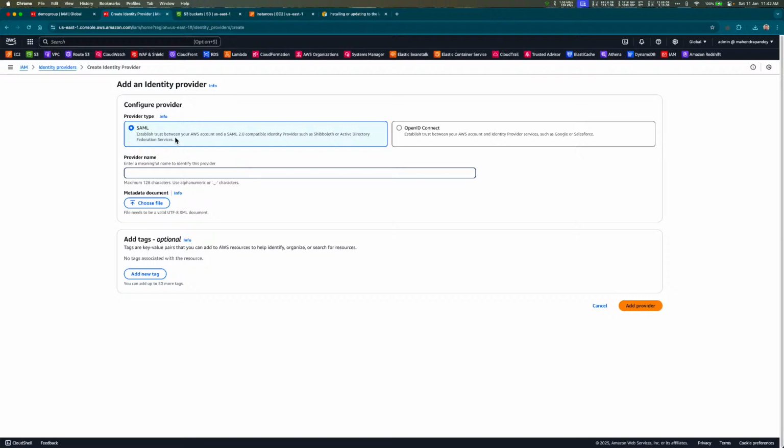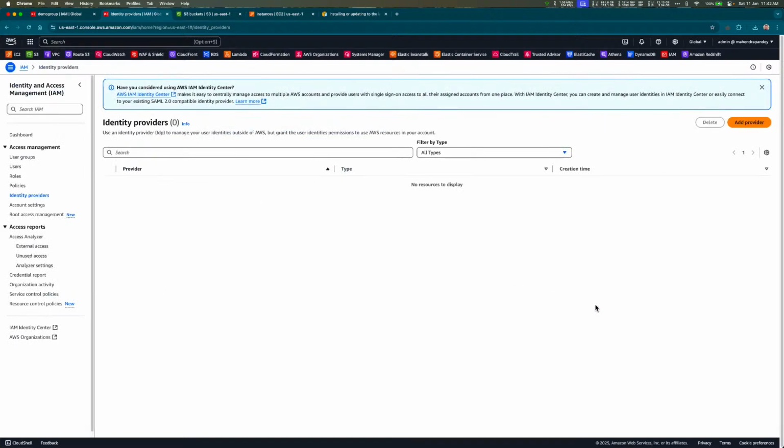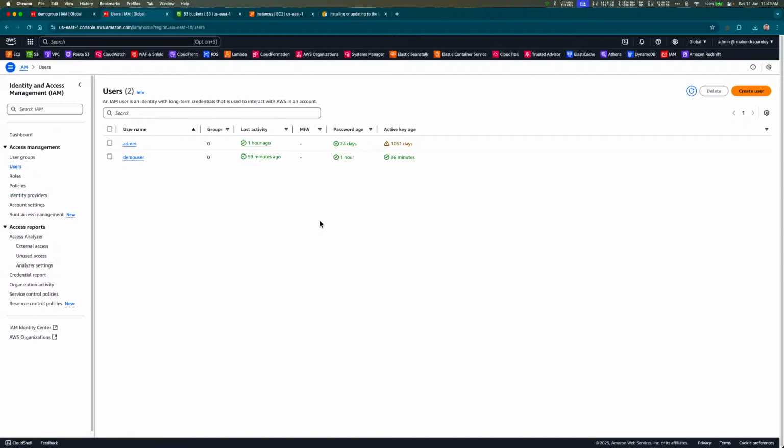Now you can create a provider from here, but if you see, it very clearly says that if you use IAM Identity Center, it will make it easy to centrally manage access to multiple accounts and provide users with single sign-on access as well. Single sign-on. That means a user is created in Okta or Active Directory and the user can easily sign in into AWS without explicitly creating a user here. Wow, that's awesome, isn't it? What that means is,